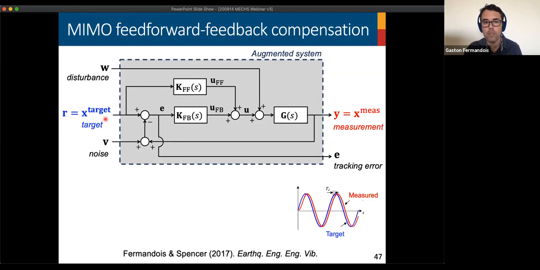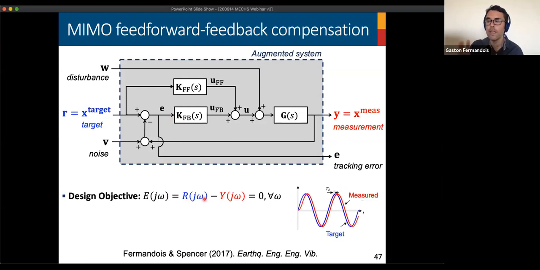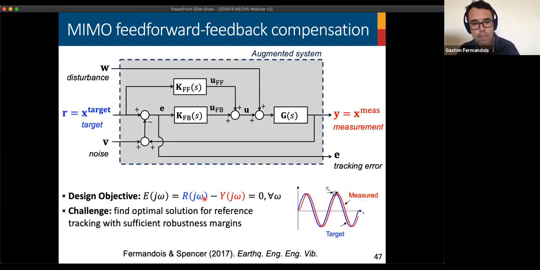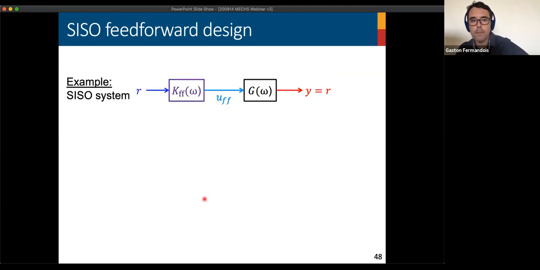So as explained before, if we have a desired target in blue and the measured displacements in red, we want to minimize this error for all frequencies up to a cutoff frequency of our choice. The challenge is to find an optimal solution for reference tracking with sufficient robustness margins in this problem. As an example, if we have a single input, single output problem, only one actuator, this is quite simple and trivial. If we want the measurement to be equal to the reference or the desired target, what